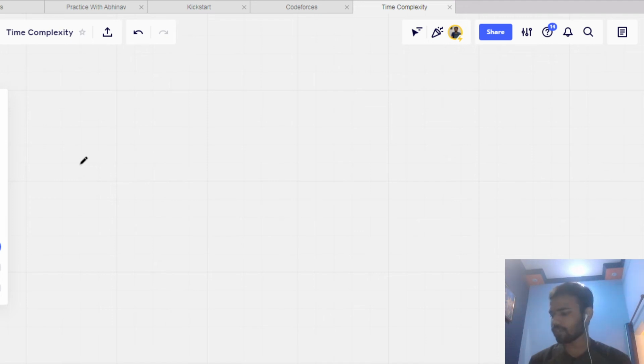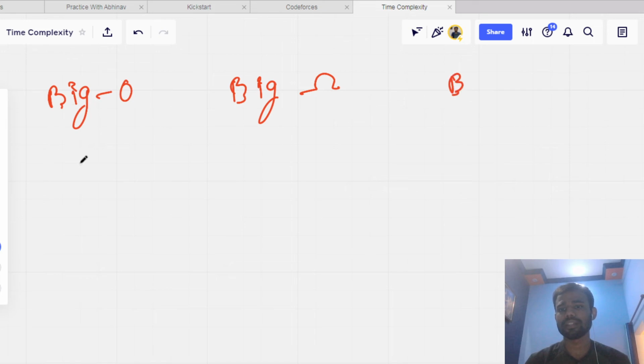Now I hope that I have done with all the basic concepts of time complexity. Now we will move towards the notations. How to define time complexity, how to represent time complexity. We have meter to represent length. We have kg to represent weight, mass. Okay. So there are three types of notations. Big O notation, big omega notation, and big theta notation. We have three types of notation. Fine. So we'll discuss each and every type in detail.